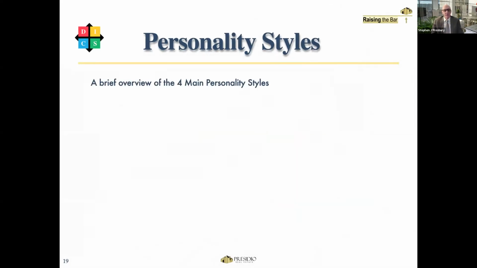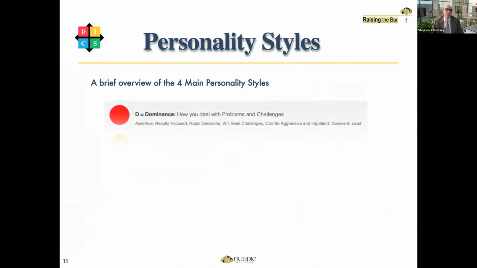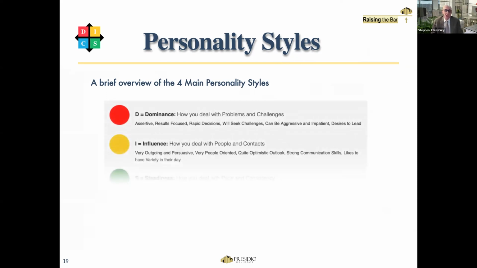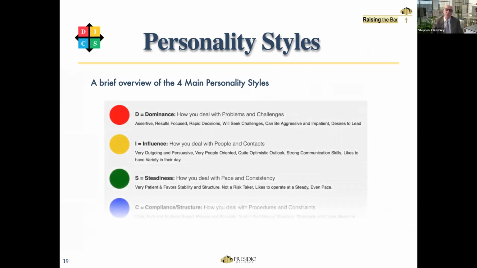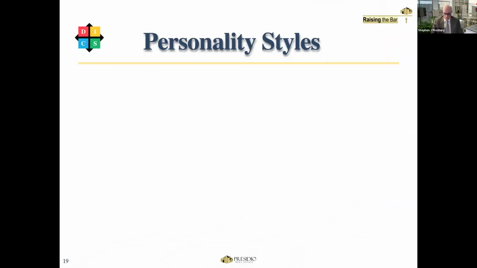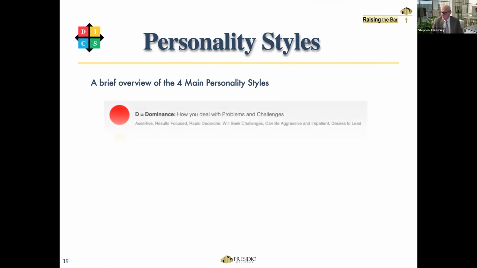All right, so let's have a look at this and see what we can learn. So the red group, which is the dominance, basically, these are assertive people. They're kind of focused on results. They want to see things happen. They're definitely leaders. They can be a little, whoops, I don't know, that went too quickly. Let's pull that back. Sometimes these guys can be a little impatient, and they definitely don't want to mess around with time wasters.